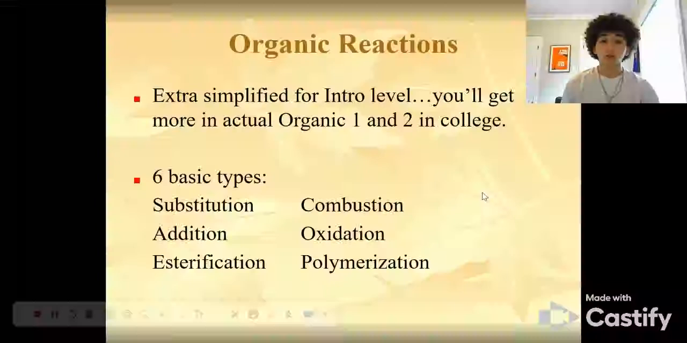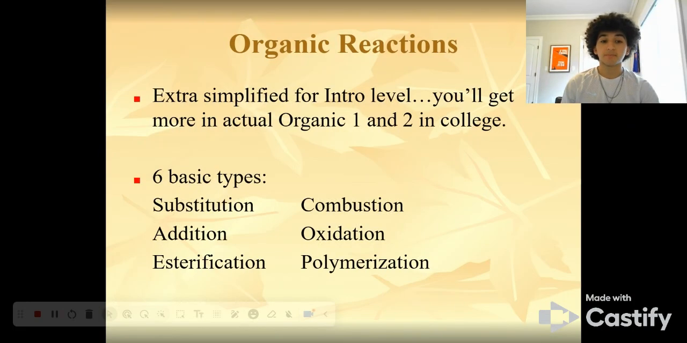Now that we completely understand how to read structures and name them, we are ready to move into the second half of our slideshow, which is organic reactions. Now, in general chemistry, you might be used to balancing reactions like single or double replacements. In organic chemistry, reactions look a bit different, however. Instead of swapping whole elements, we look at how functional groups get transformed, broken apart, or put together to form